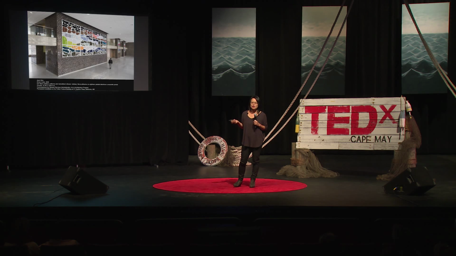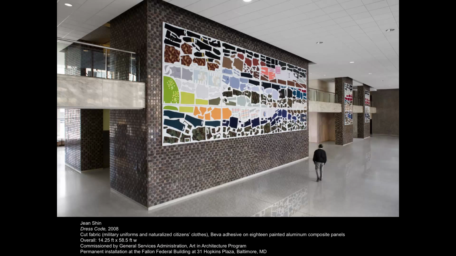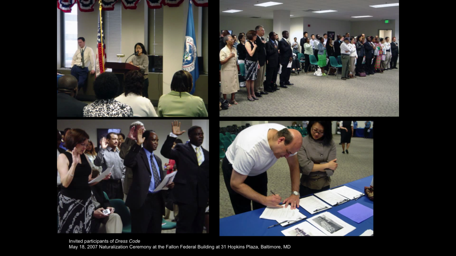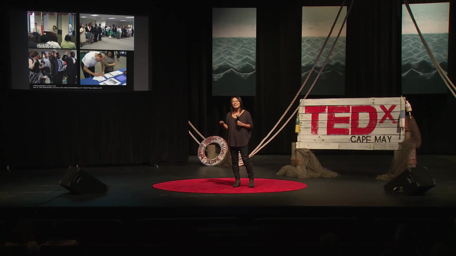I start to do these large-scale installations, and part of it is driven by the site of interest. This is the lobby of a GSA building in Baltimore, Maryland. And in fact, those are the places that my parents had actually immigrated with me. So I decided that I would turn the table and present an art project to the first immigrants coming in that day. So right before they were about to take their citizenship, I asked them, could you give me your shirt? And it was for an art project.